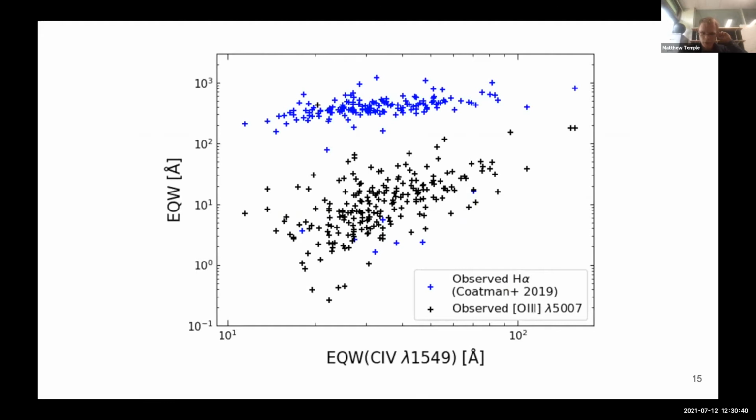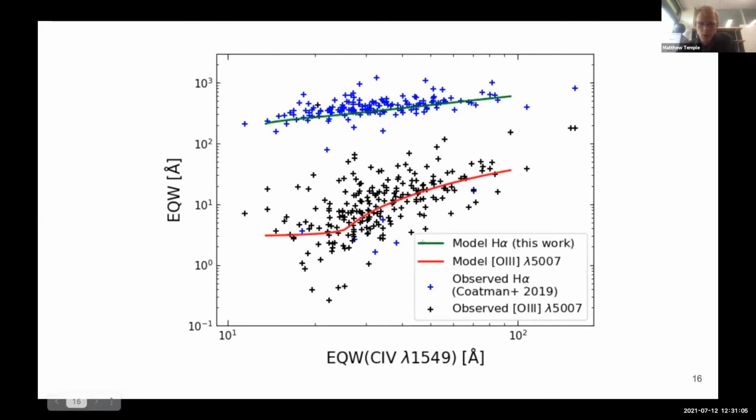Well, specifically, this is using the catalog from Liam Coatman, this 2019 paper, where on the x-axis here, we've got the strength of the carbon-4 line, and on the y-axis, we've got the strength of H alpha in blue and the strength of oxygen 3 in black, and each cross represents an individual object. And both the oxygen 3 and the H alpha properties are correlated, right? And so we effectively construct the emission line template so that using a single parameter, we can